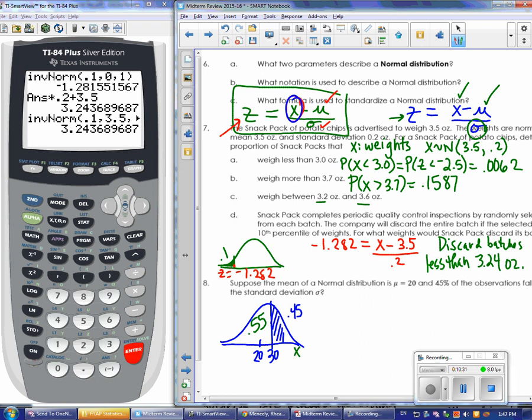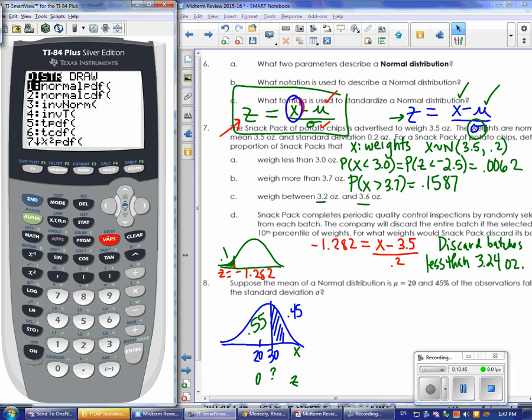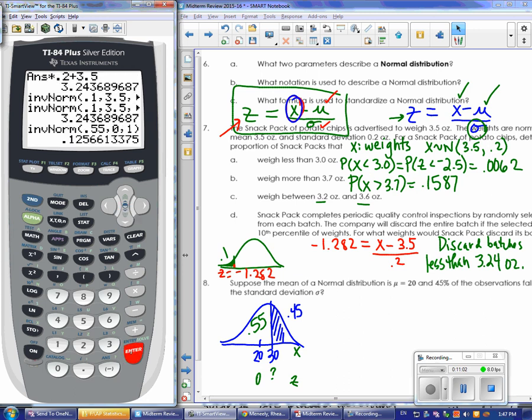So these values here correspond to my x values. My z values, remember the mean would be 0, and I've got to figure out the corresponding z value for that 55 or the 55th percentile. So if I go to second distributions, and in this case, since I don't know the standard deviation, I have to find the z-score. So this time I'm going to put in an area of 55%. This time my mean, I have to put it in as 0 and 1 because I don't know the standard deviation for my x variable. And so I get a z-score of